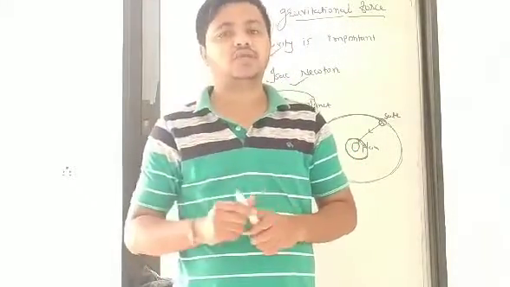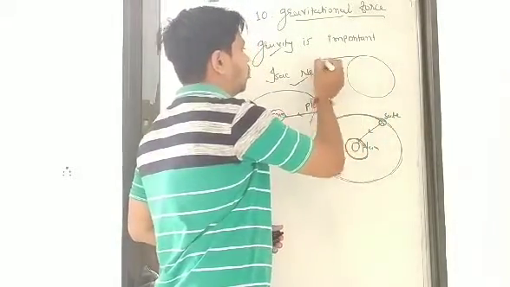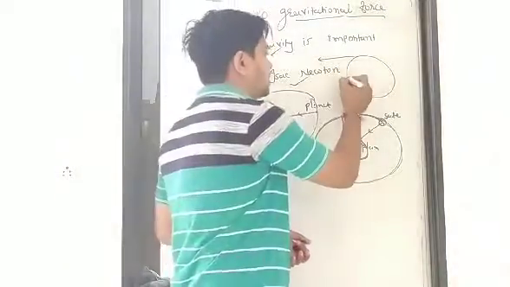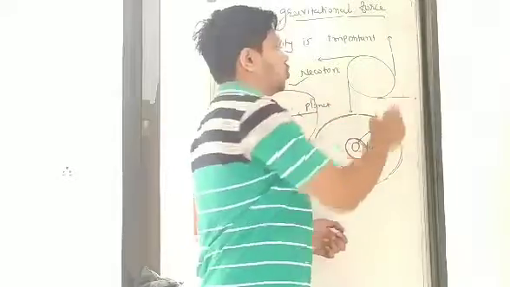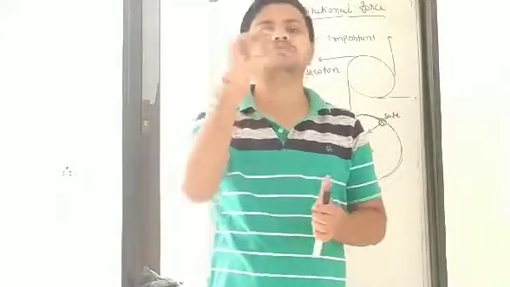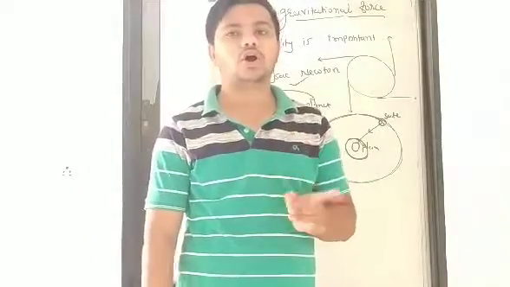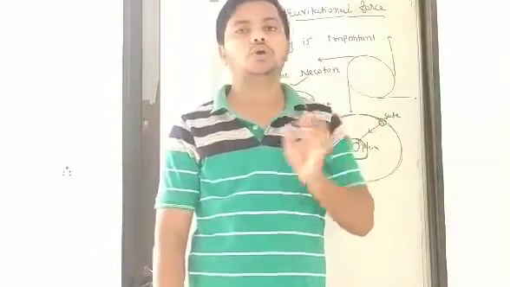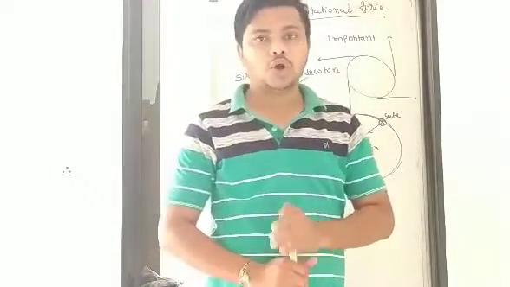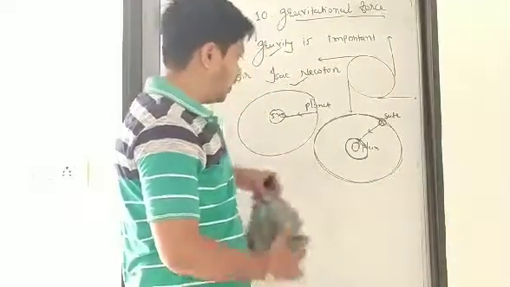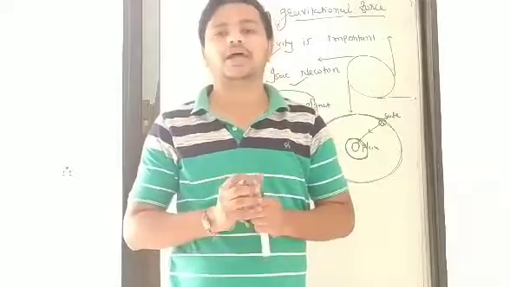If we just leave it, then what happens? If we leave that stone here, then it moves in this direction. If we leave it here, it moves in this direction. At here, in this direction. So you can say that whenever an object is revolving around our hand, it tries to move in the direction of the tangent to that path. Okay, it is the point in which all the satellites or planets revolve around a sun or planets due to